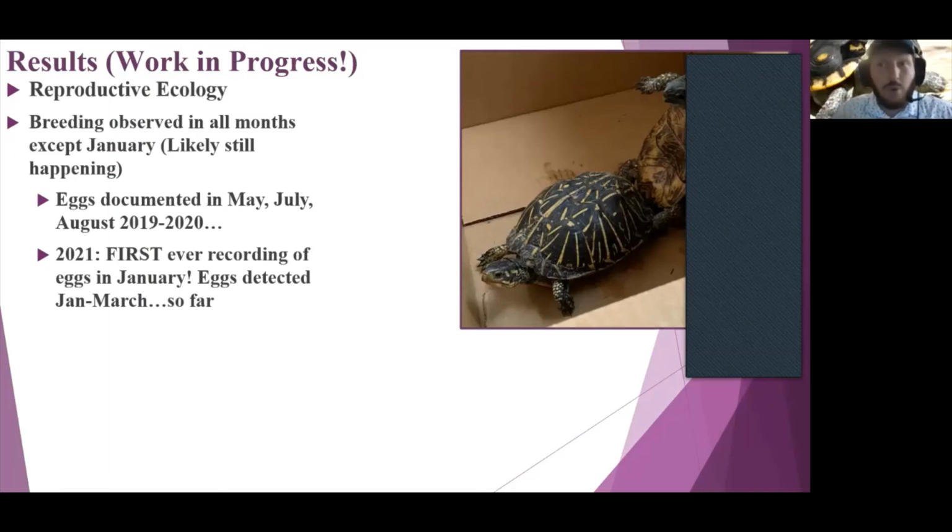And one of the coolest new things we've found is the earliest ever documentation of gravidity, which means to have eggs, in box turtles of any species anywhere. We documented Priscilla, our girl, as having eggs in January. That's big because no other